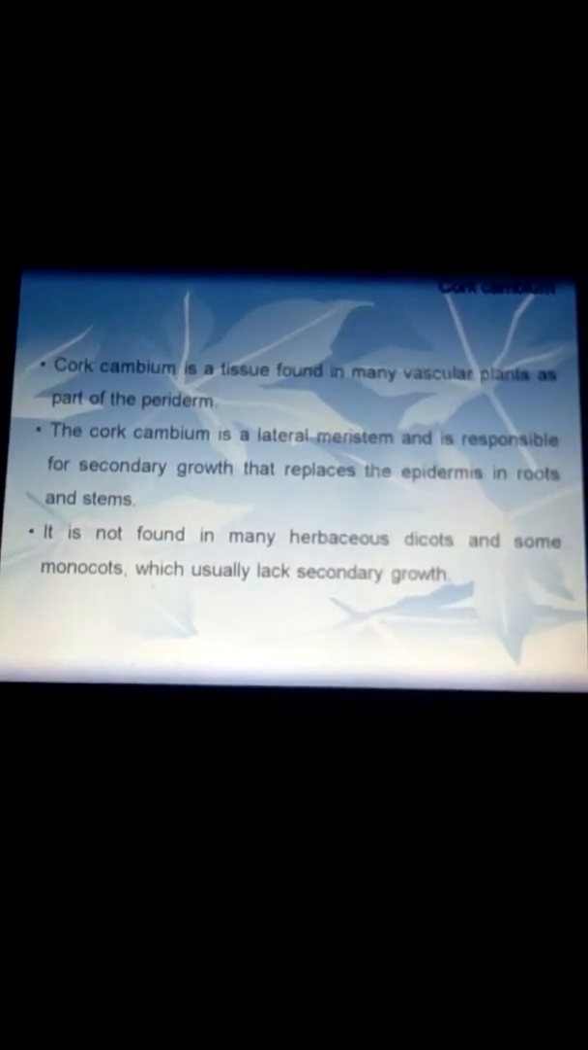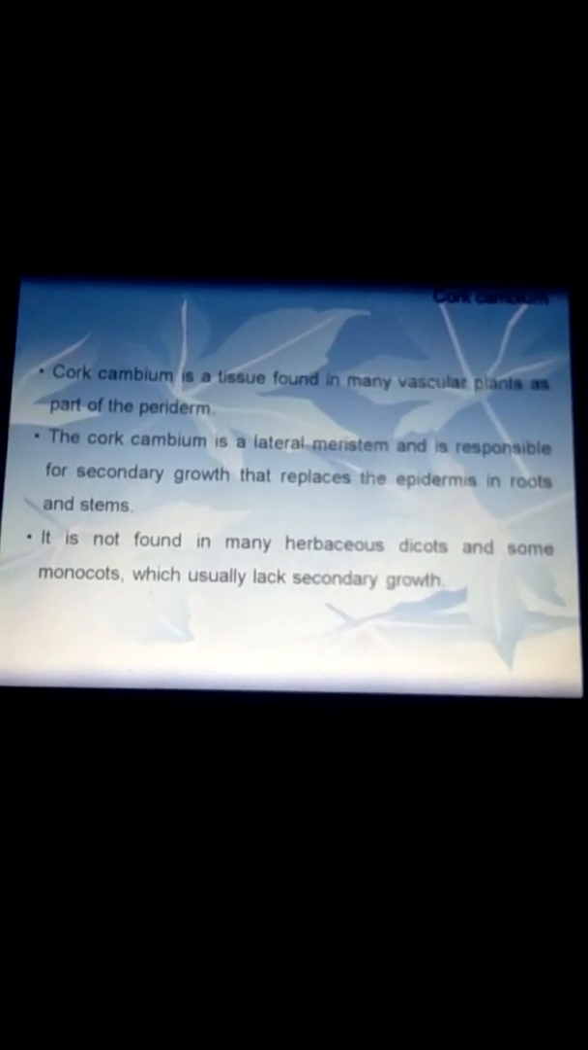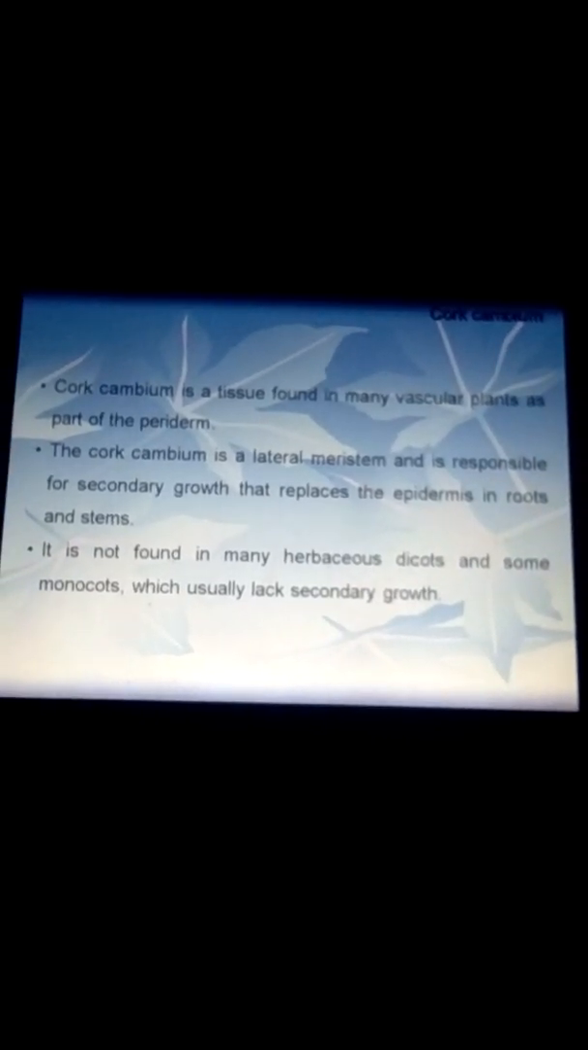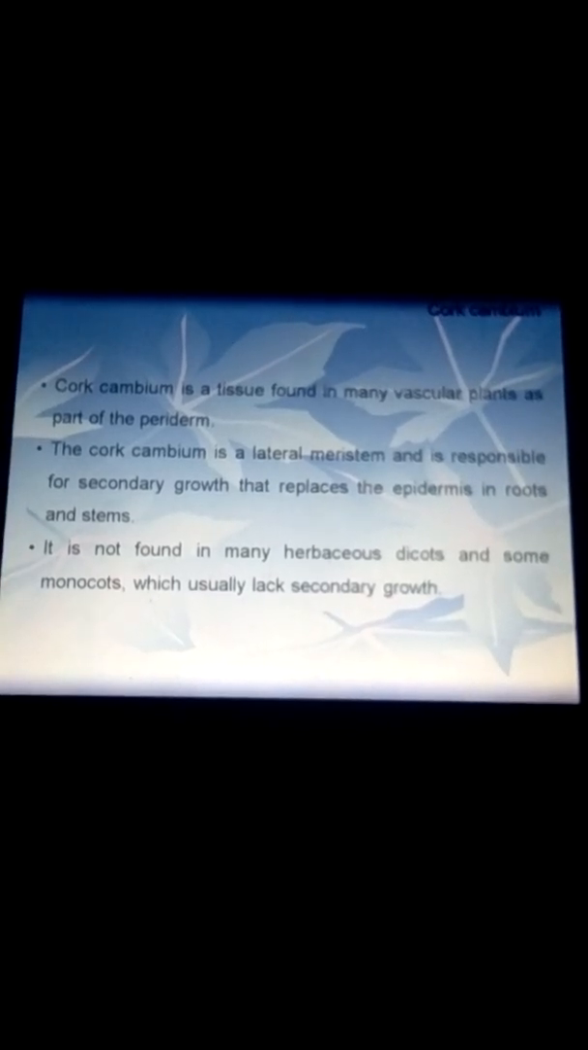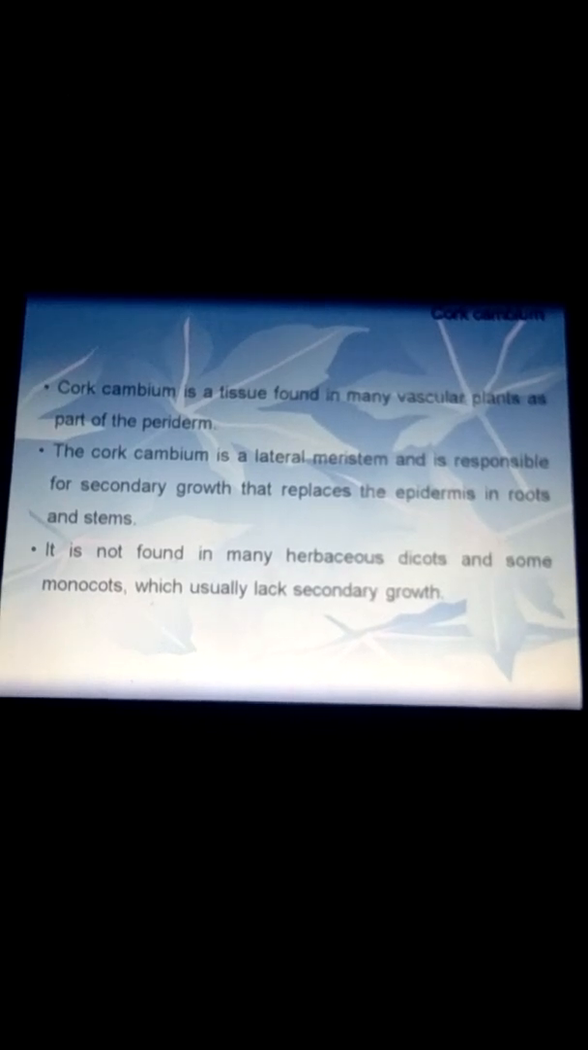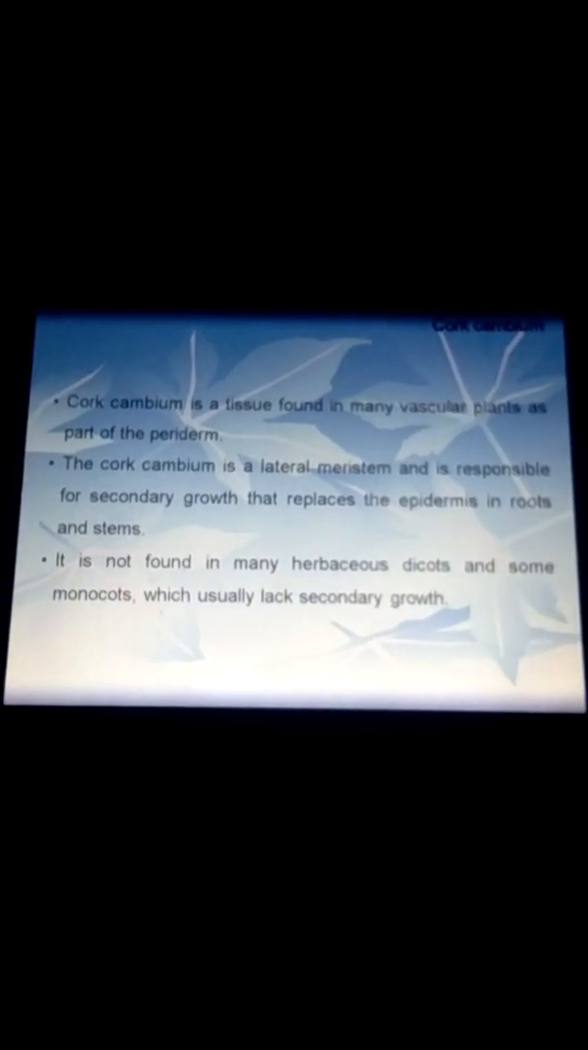Then cork cambium is also called the lateral meristem. It is called lateral, meaning sides. It is lateral meristem. That is why it is responsible for secondary growth. Secondary growth is basically the increase in girth of the plant, the width of the plant, that replaces the epidermis